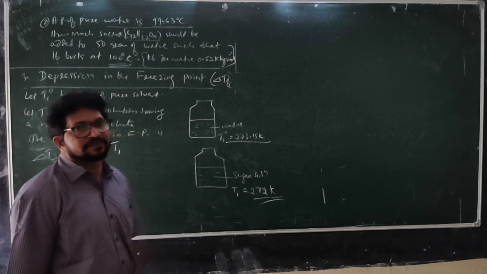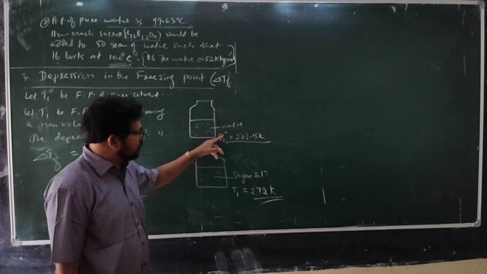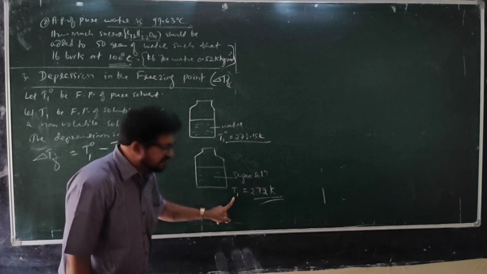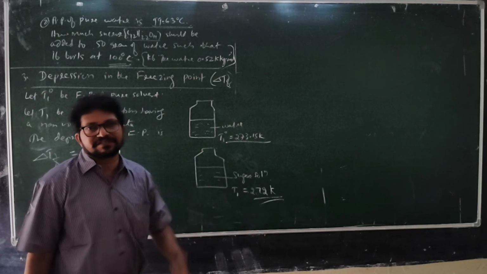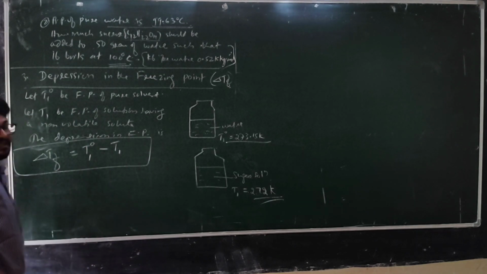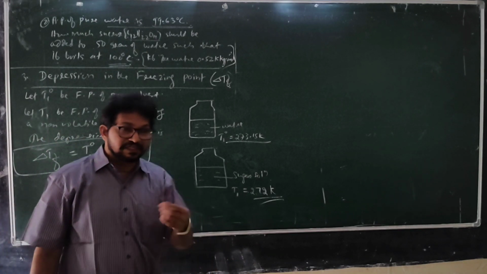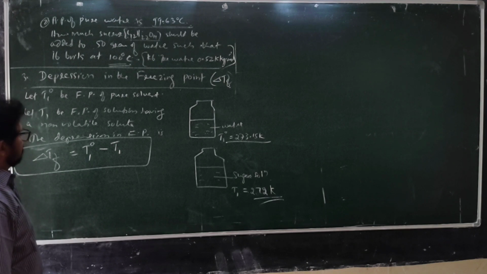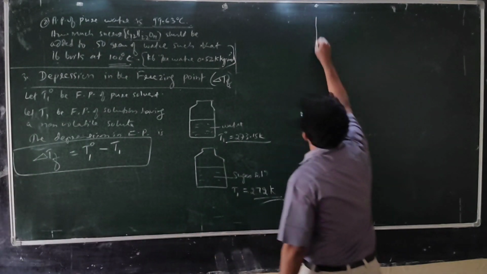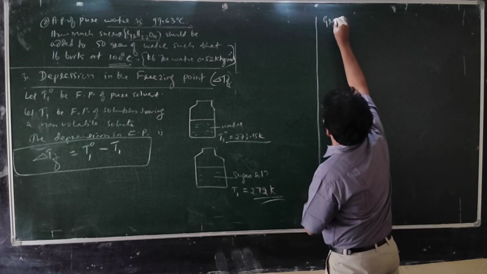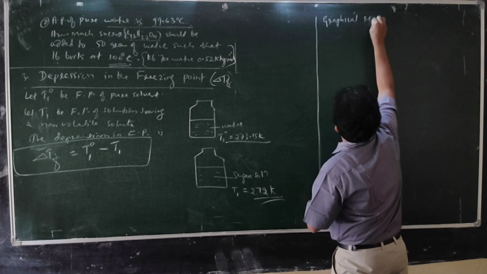1.15 Kelvin depression. Now, to get the depression, what to do? Higher minus lower, no? Is it correct? That is why T1 naught minus T1 if I do, I will get how much is depressed. So, see the formula, delta TF: elevation is T1 minus T1 naught, depression is T1 naught minus T1. This much is depressed. Okay. This also I can explain with the help of graph. I will explain the graphical representation of depression in freezing point.